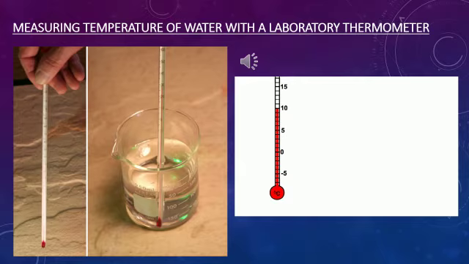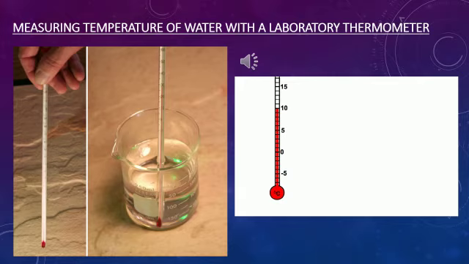You notice that the mercury level is raised because we have taken hot water. Then the level of the mercury begins to fall, isn't it? So this means that the temperature must be read while the thermometer is in water. While you keep the thermometer in the hot water, you should notice the temperature. When you take the thermometer out of the beaker, what happens? Automatically the mercury level falls down.